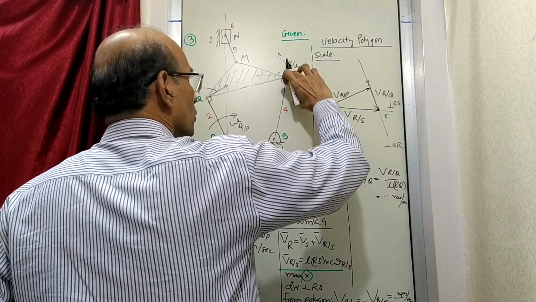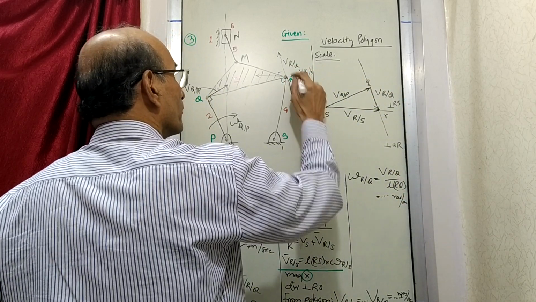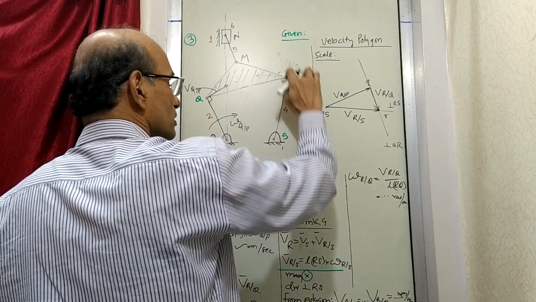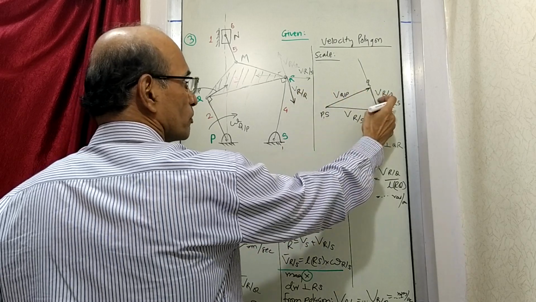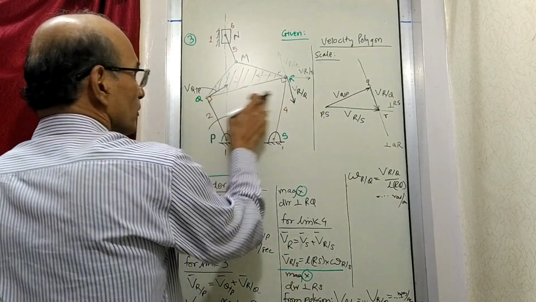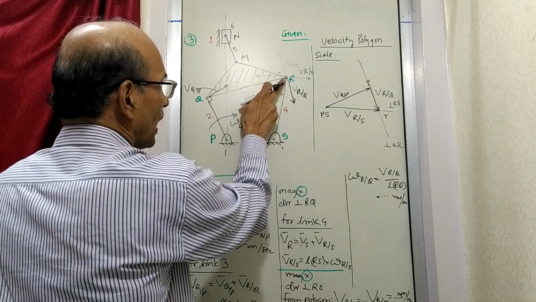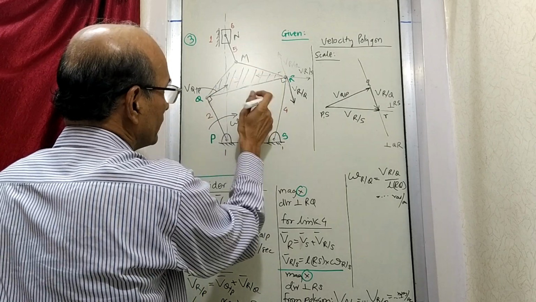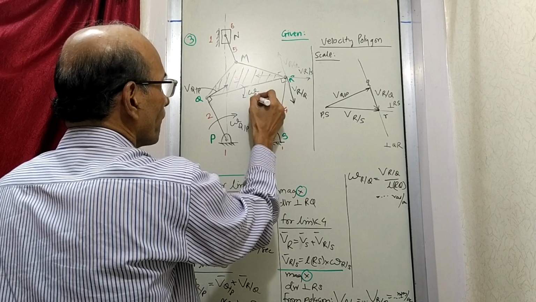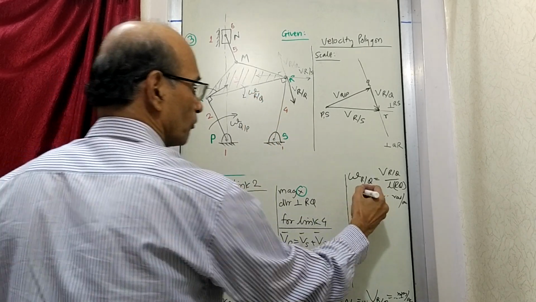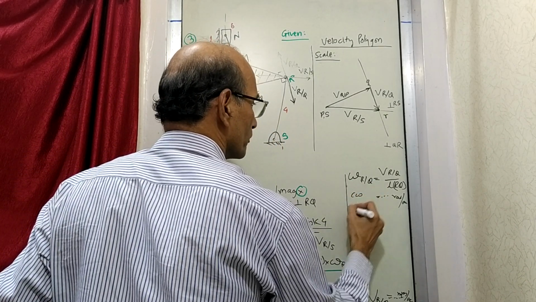So this vector we draw like this here. So this is not correct. This is the one which is correct. So the velocity of r with respect to q, this vector is here. And what it means, if you are looking at point r from q, and when r is going like this, which means that it has got a clockwise motion. So angular velocity of r with respect to q is clockwise.